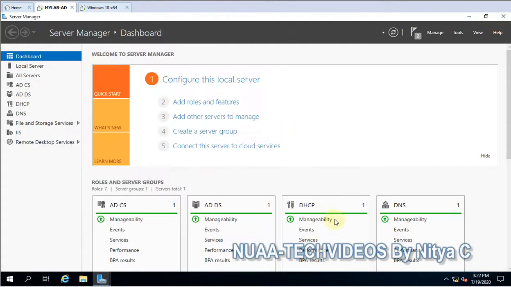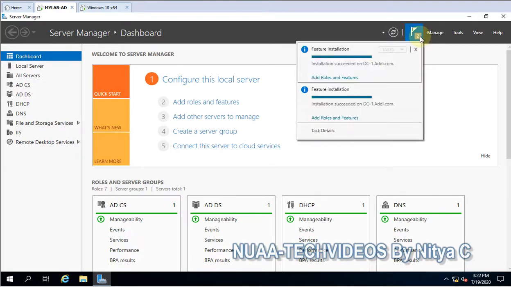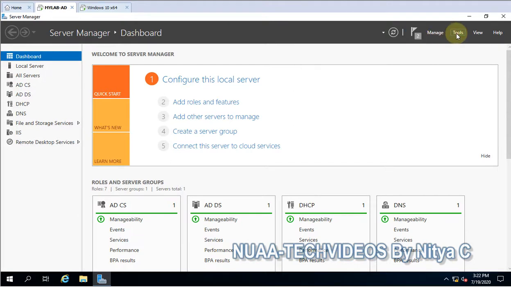Let me close this and check whether any reboot is pending. Okay, that's fine. So let me open the Remote Desktop Services now.